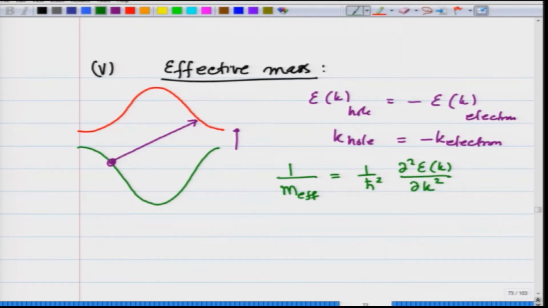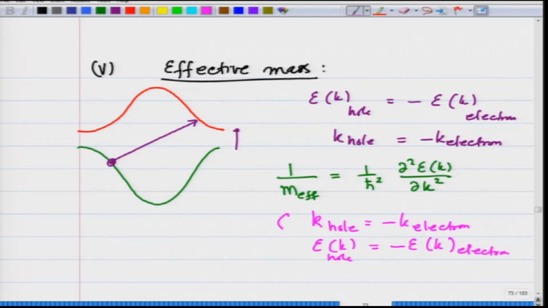Since I am taking a double derivative with respect to k, if I take k hole, which is minus k electron, the double derivative with respect to k would not change sign, whereas E(k) hole is equal to minus E(k) electron. So, all this implies that m effective for the hole is equal to minus m effective for the electron,